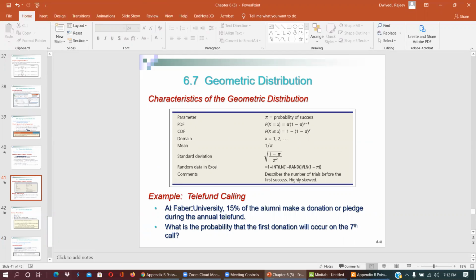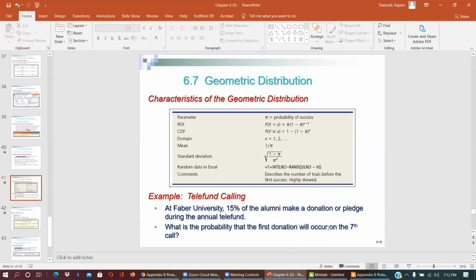At a university, 15% of alumni make a donation or pledge during the annual telefund. Okay, what is the probability that the first donation will occur on the 7th call? So this is a 15% chance that they are donating. Alumni, what is the probability that you will get the first